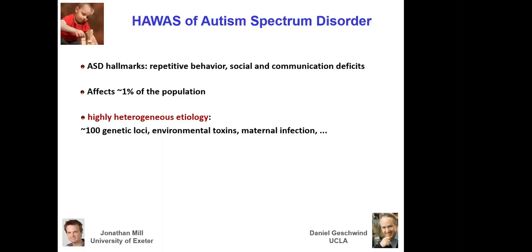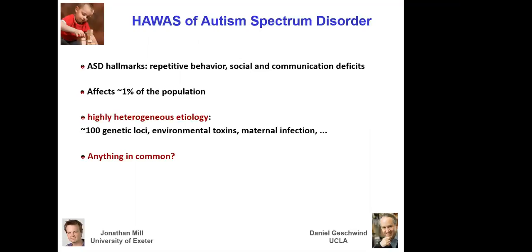So if autism is 100 different things, how do you treat it as one thing? How do you come up with one drug for autism if it's 100 different things? And that's been the challenge. So is there anything in common? And clearly at the genetic level, there's not much in common, right? People have done GWAS on autism, about 2000 versus 2000, and found no genome-wide significant hits. So there's no common genetic mutation that explains autism.